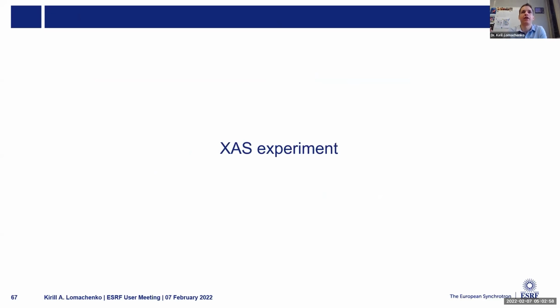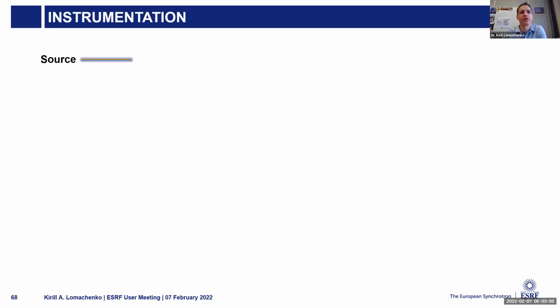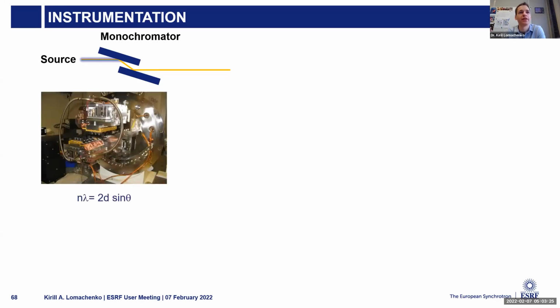So a couple of words about the XAS experiment, how it works. We have a source of X-rays, a bending magnet, wiggler or undulator. Then you remember that we studied the dependence of the absorption coefficient on energy. So we need something to tune the energy, to define the energy and scan the energy. Usually what is used for this purpose is a monochromator, that is